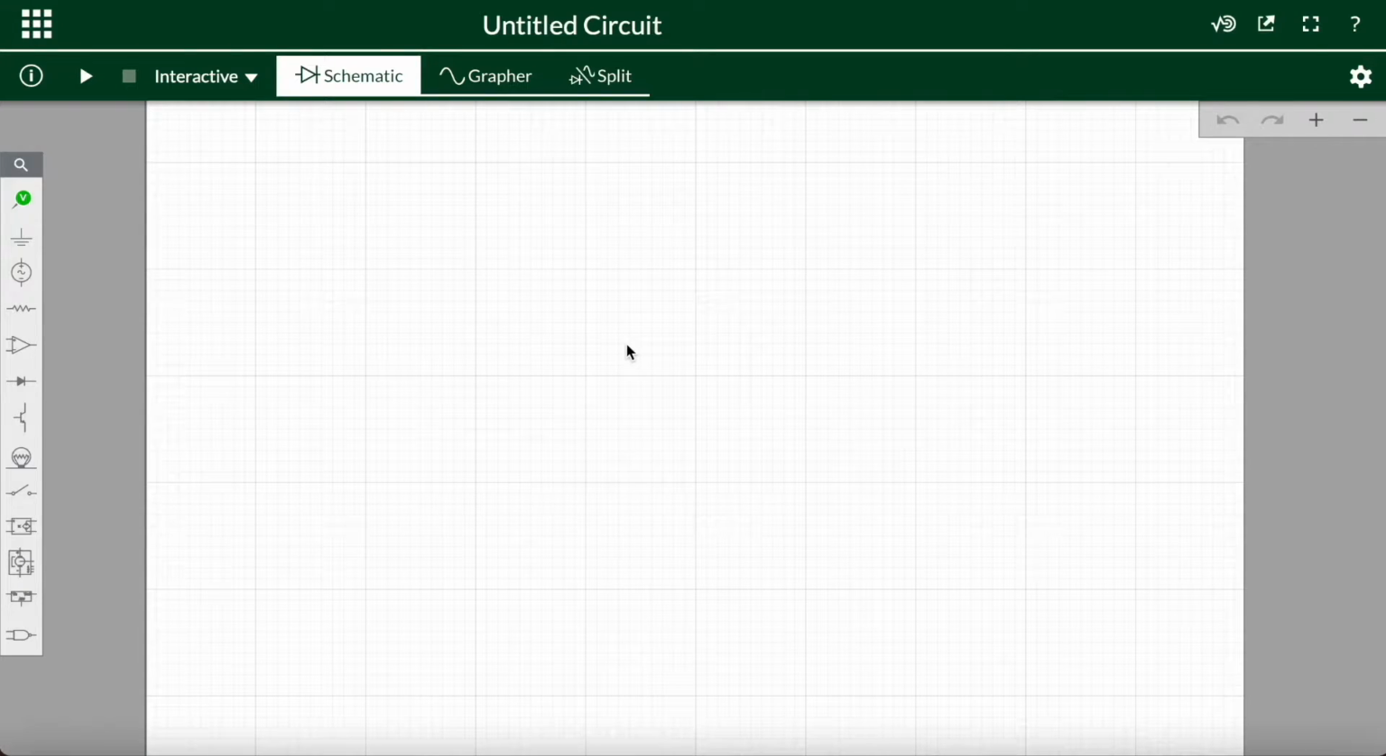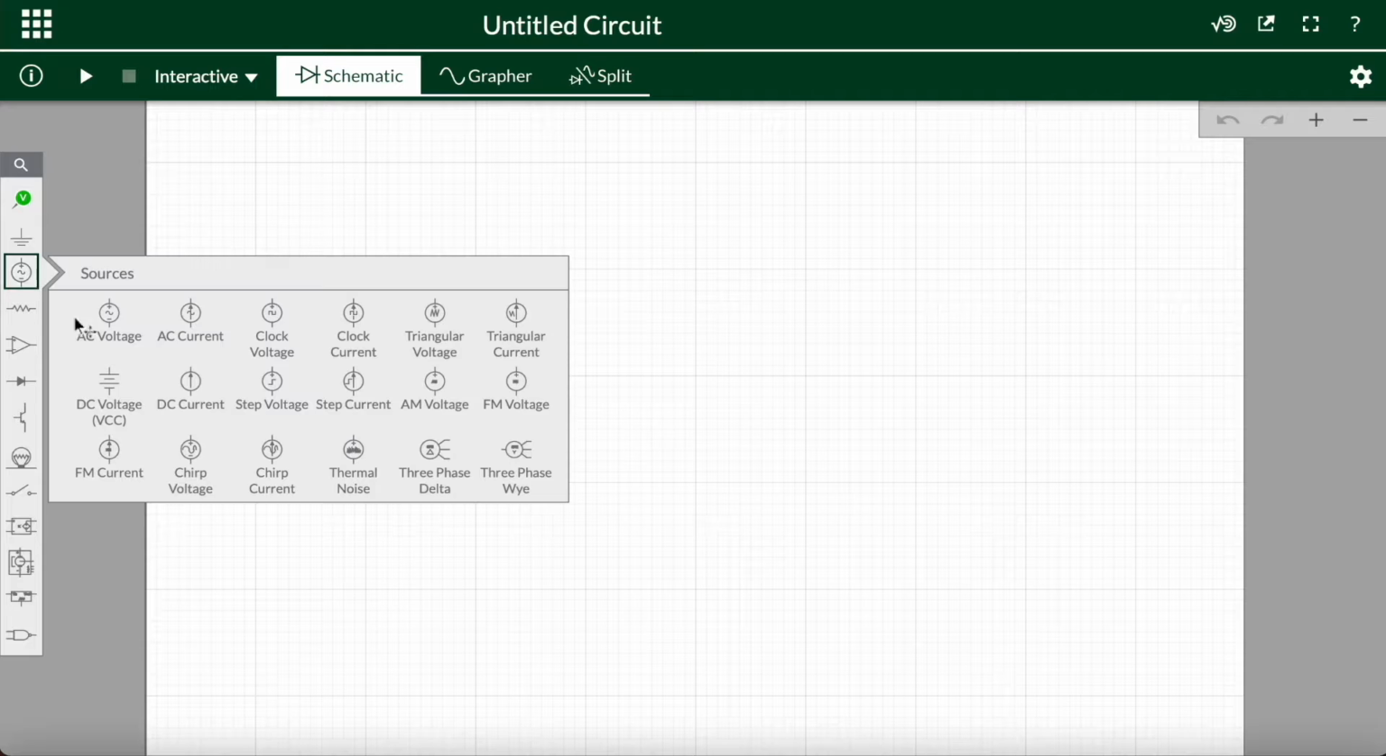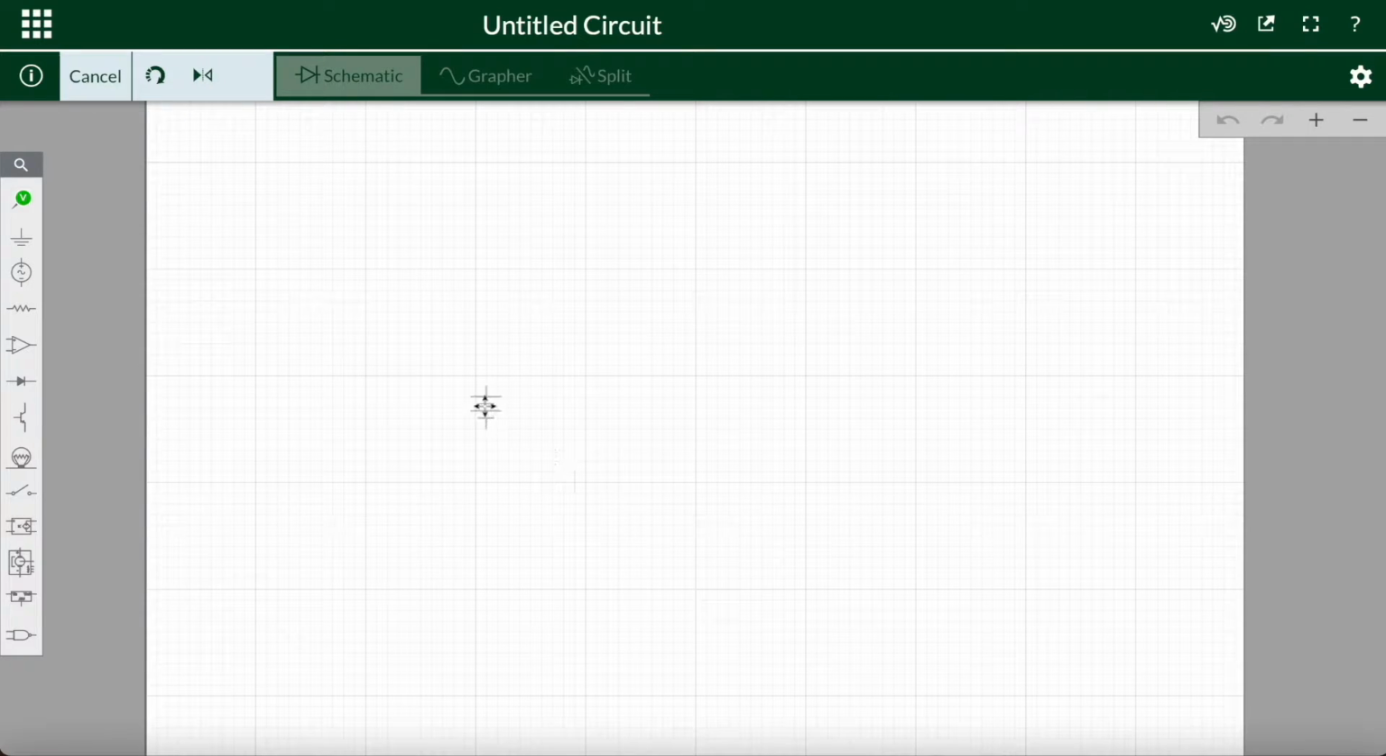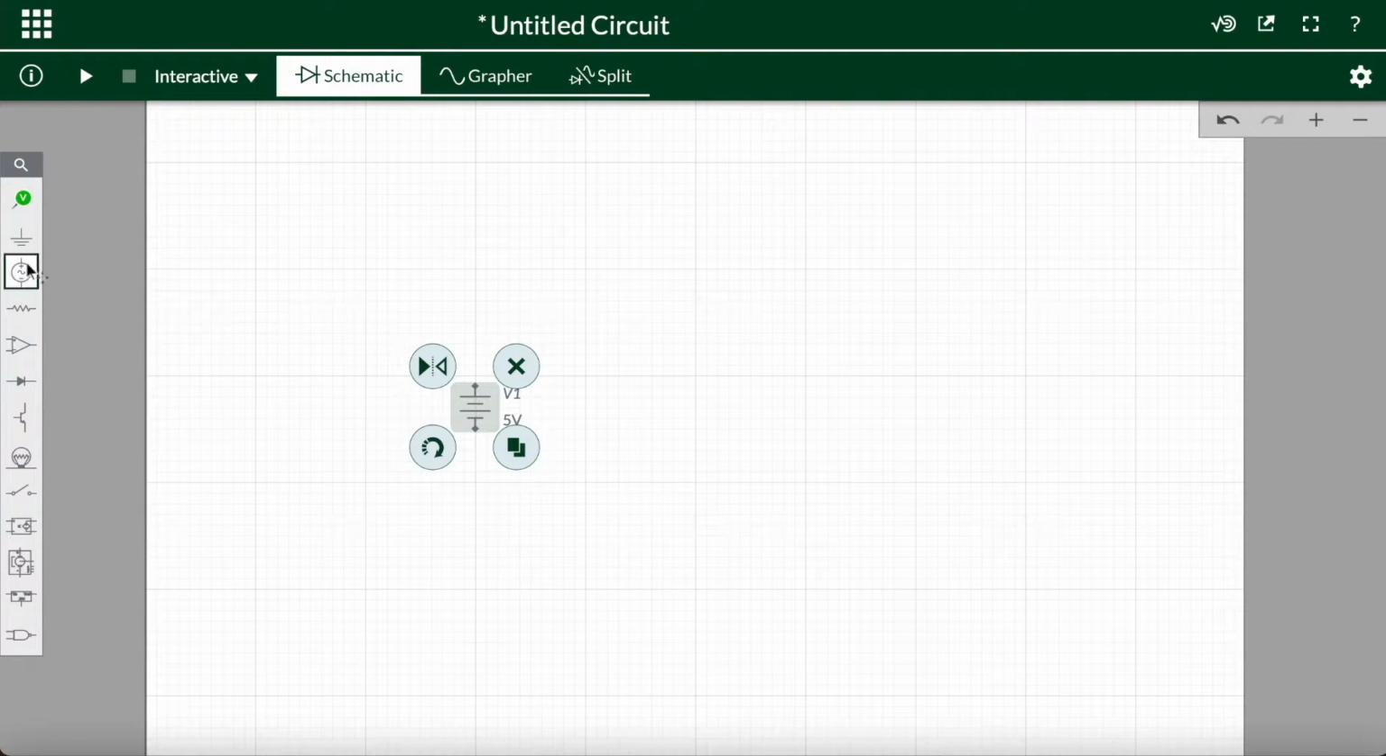I'm going to create the circuit given on the Multisim instruction sheet. I'm just going to recreate that here in Multisim. It's pretty simple. All we have is a DC voltage source that we're just going to put right here. Then we have two